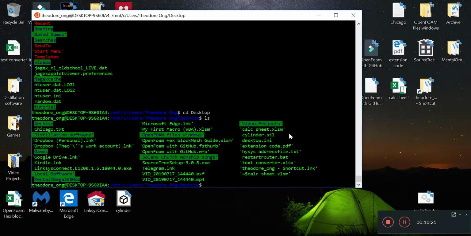So where is the desktop thingy? Desktop thingy is here. We are in the desktop. You'll see lots of things here. We want to look for this thing called cylinder.stl. Can you see this cylinder.stl? Yeah, so what we need to do is simply this cp